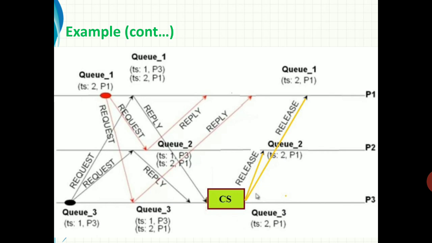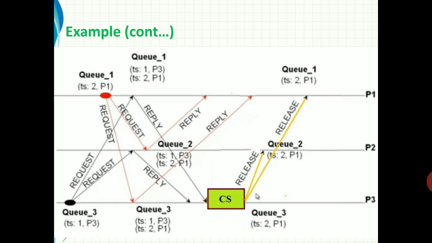P3 also removes its message from the queue once it has completed the critical section. Now the process P1's queue contains only one message, that is P1. The queue of process P2 also contains one message from P1, and the process P3 queue contains only one message, P1.